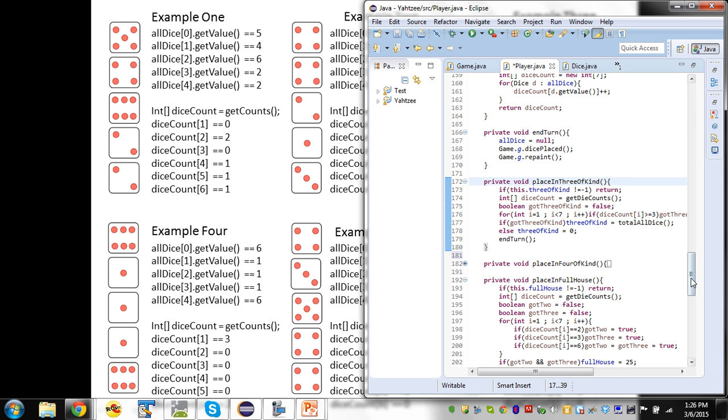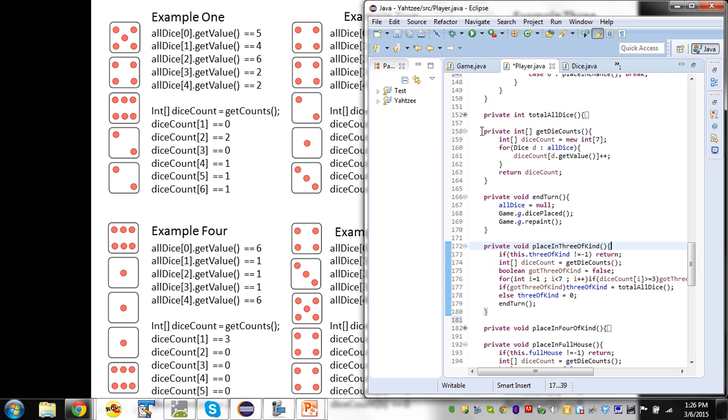Okay, so in the last video, I explained how get die counts works. So now I'm going to explain place in three of a kind. Now remember,